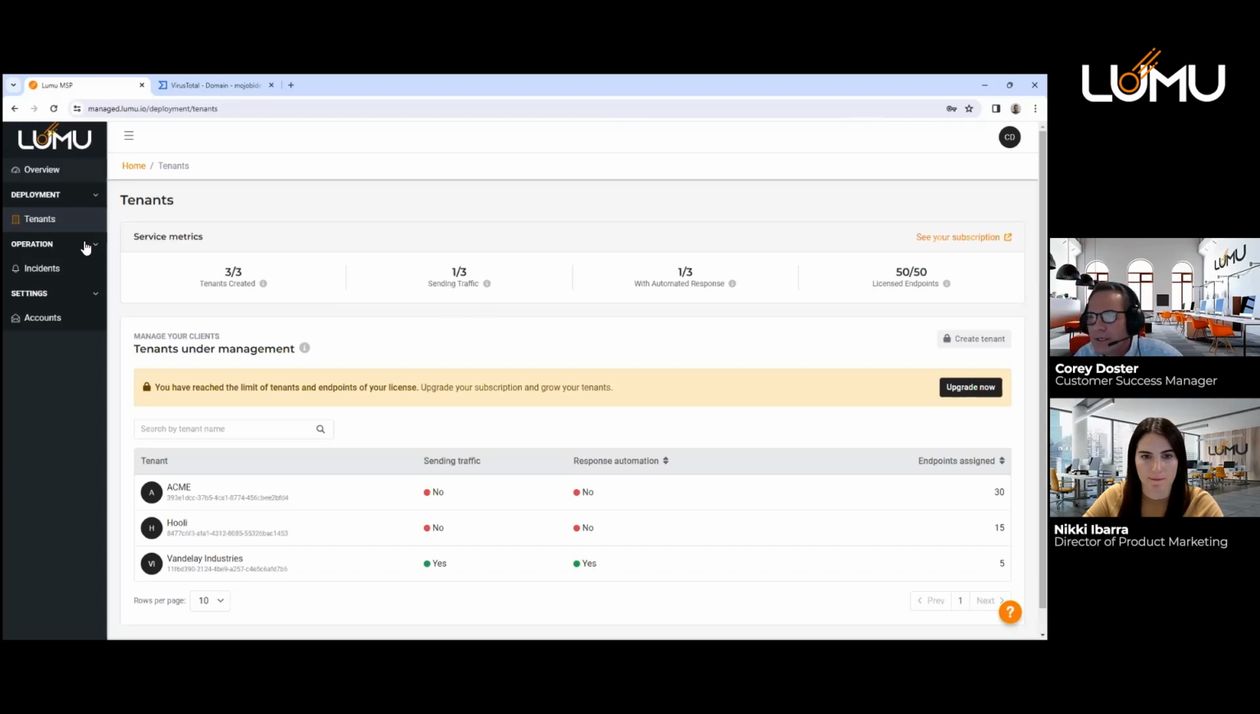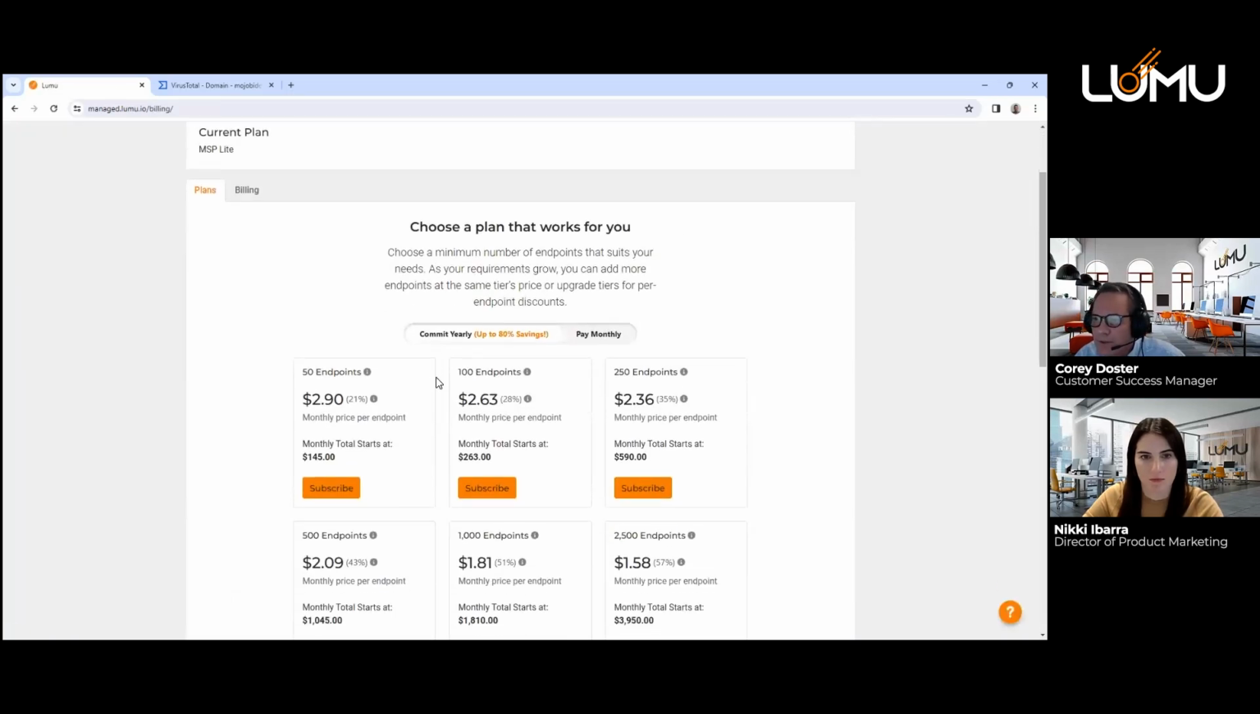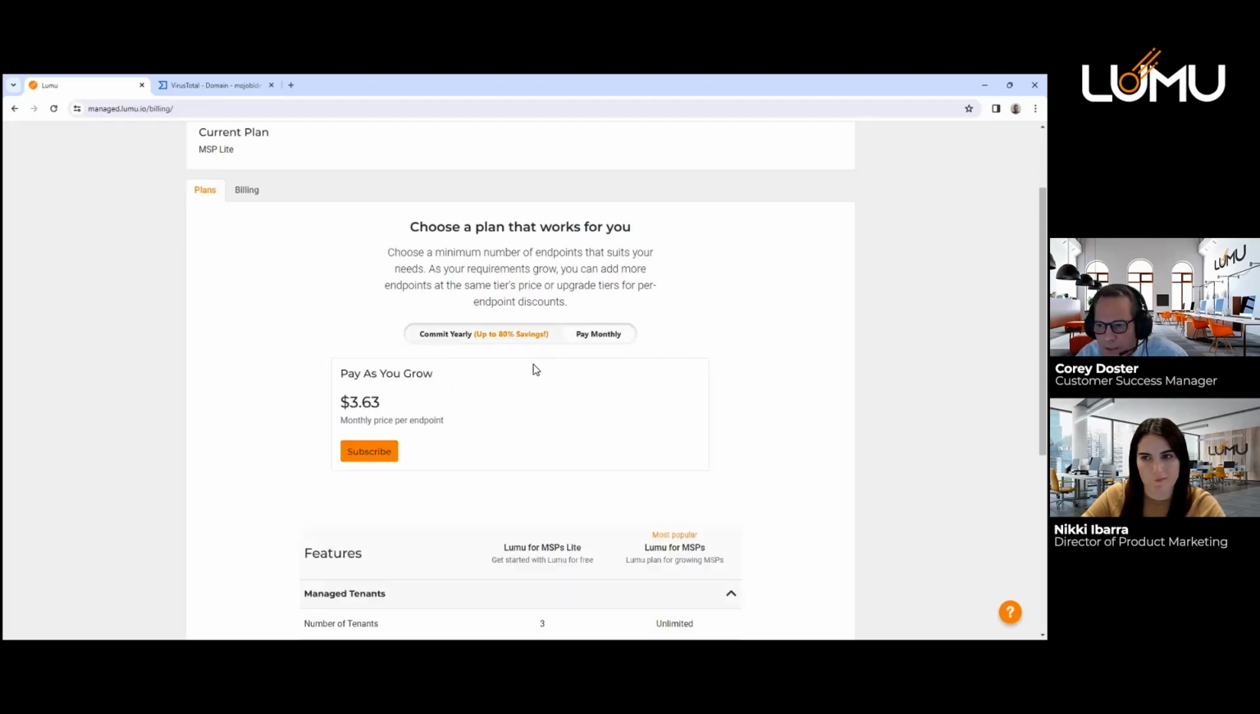To do that, you simply go under deployment in your tenants. You click on see your subscription. And we give you options to do this motion online. You do not need to talk to me or anyone else at Lumu to do this. You can do this all on your own. There's a couple of different choices I want to illustrate as we walk through this. The first, simplest choice is you want to pay monthly. There are no minimums, no maximums. It's just a pay as you grow, fixed price per month, license per endpoint deployed,